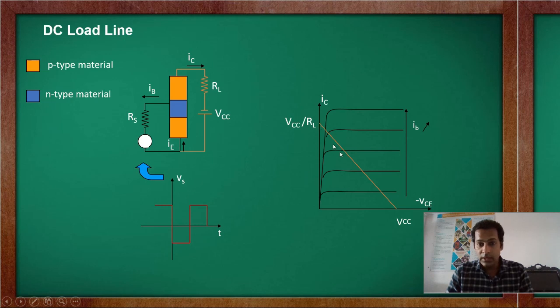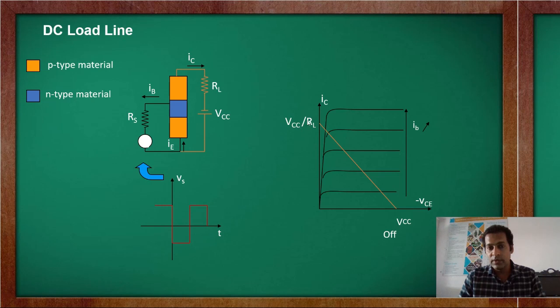Right? And on this particular graph, we create a load line. So this load line is given between VCC by RL to VCC. Clear? Then the first point, at this point it is off. So what happens in a switch when our signal goes from 0 to 1? What will happen? This particular device will go from the off to the on condition like this. So it will go to the on condition when we give the input.